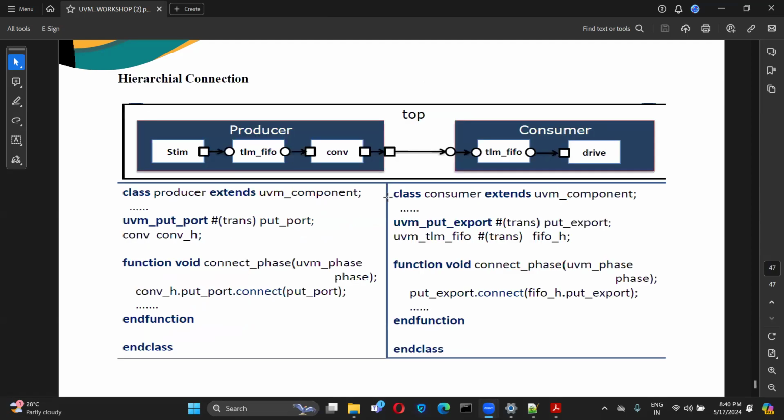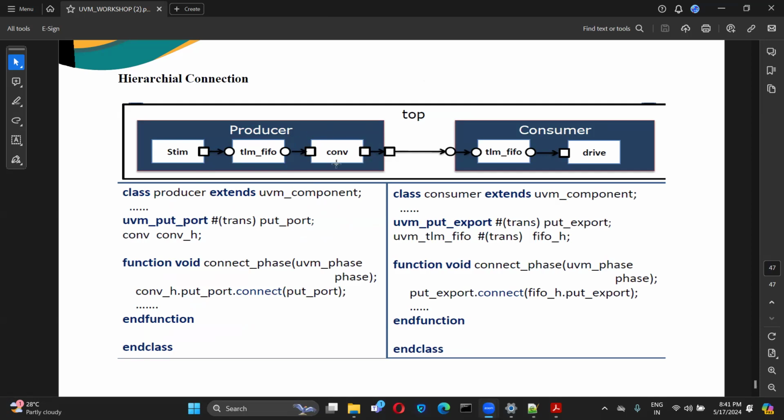Once the hierarchical connection is also done, then we will go through the example in our verification of the memory based, which we are referring for all the other things, right? That we will go through. So the hierarchical connection means nothing but here we have something like, see, the stimuli is connected to TLM5O, that is connected to this, okay?